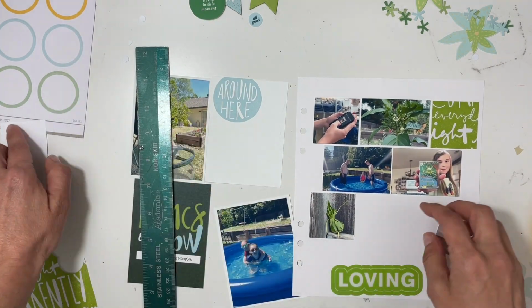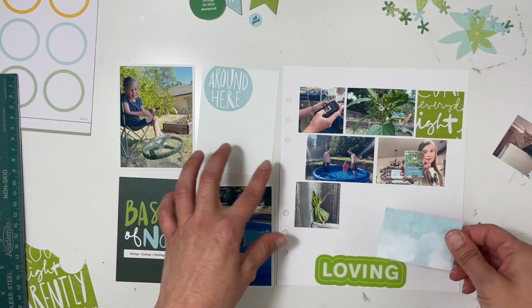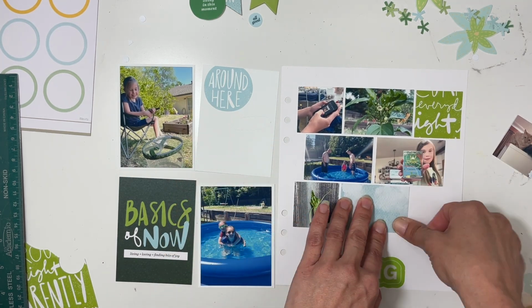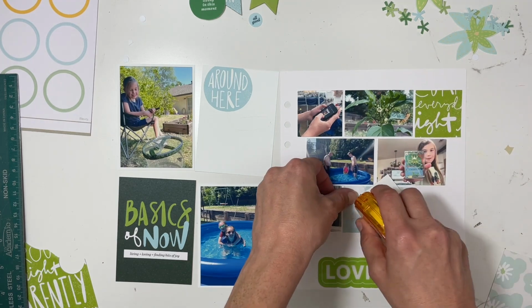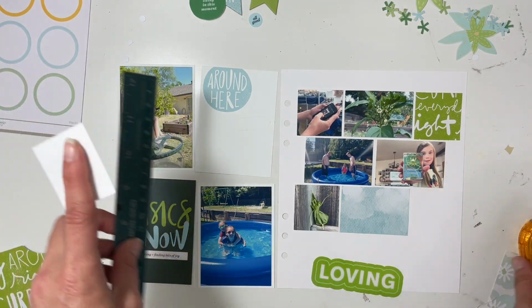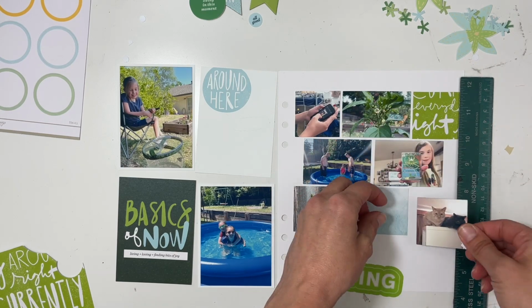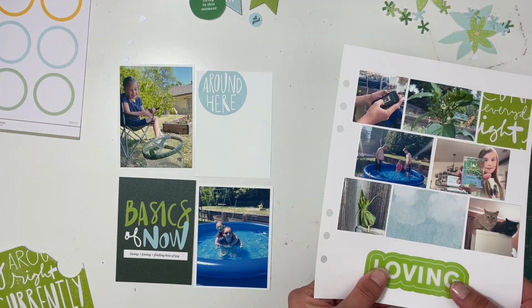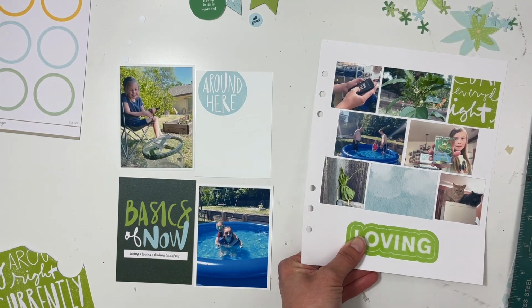So I just love how this came together. I love grids. It just keeps things simple. And like I said earlier, just moving forward. And I'm excited to hopefully wrap up this month soon and just keep plugging along with my Project Life albums little by little. I used a ruler to make sure that I got things lined up as best as I